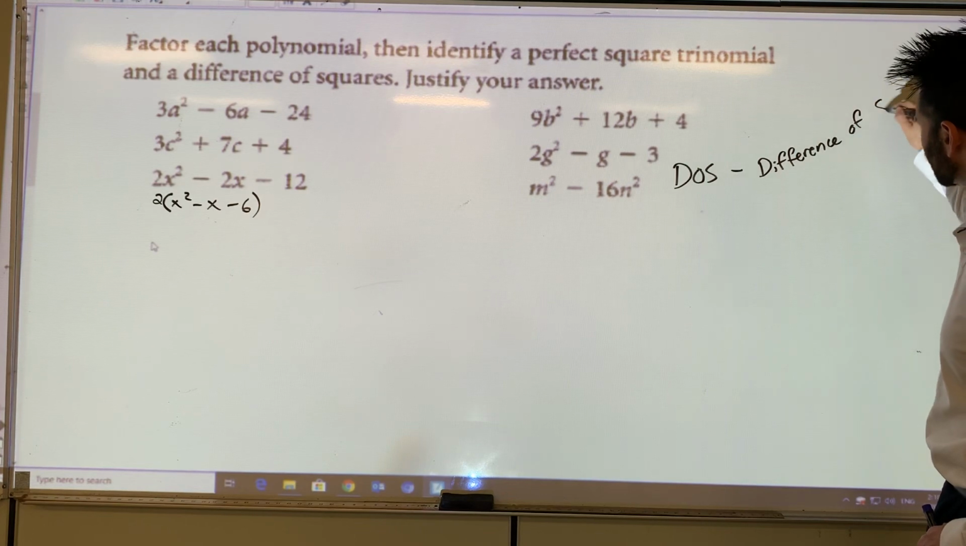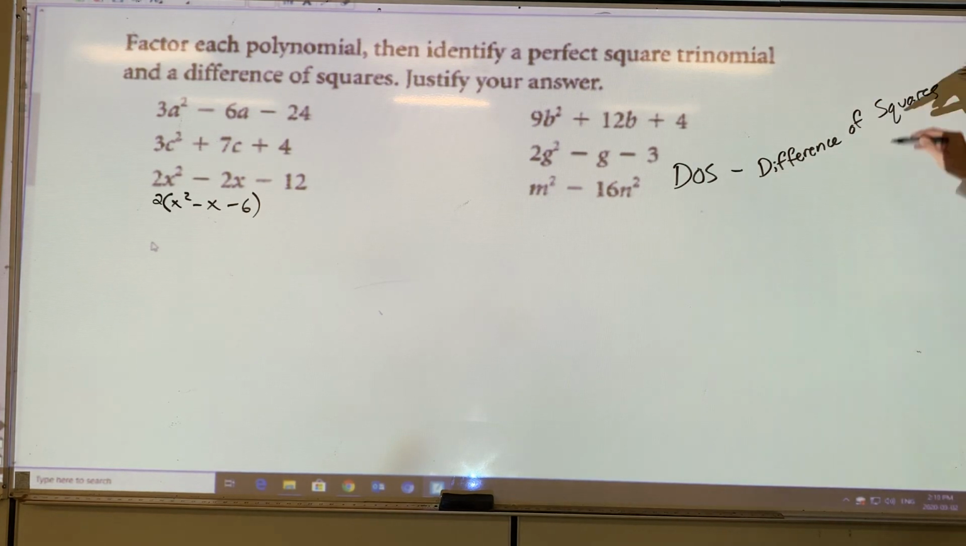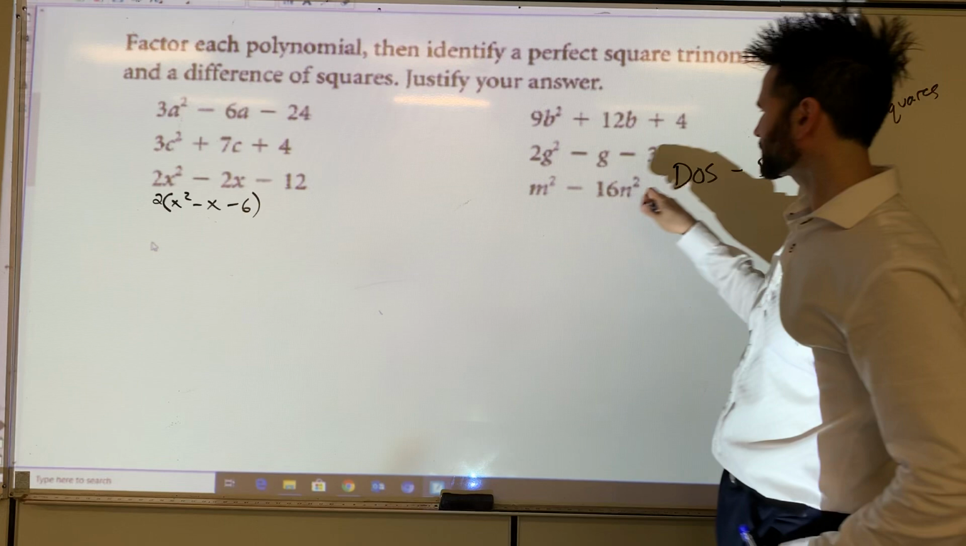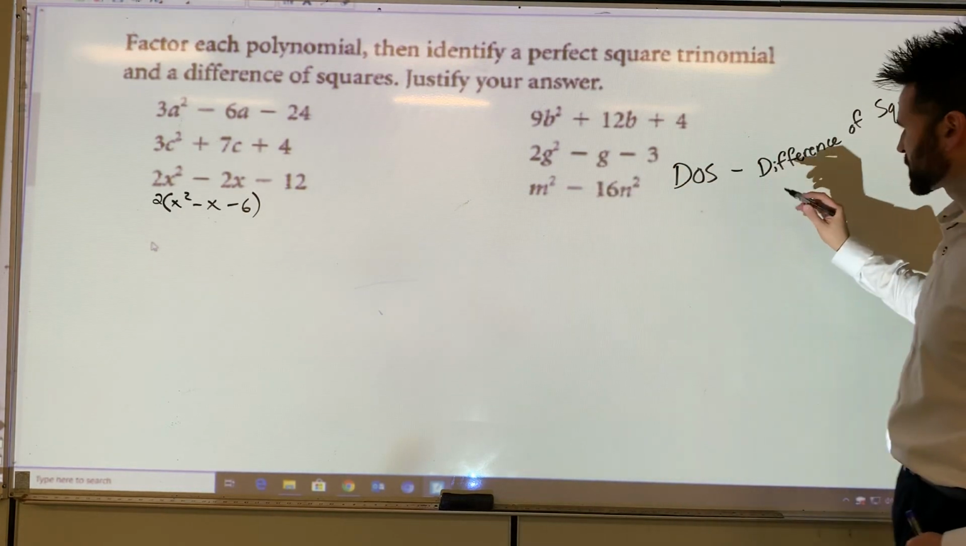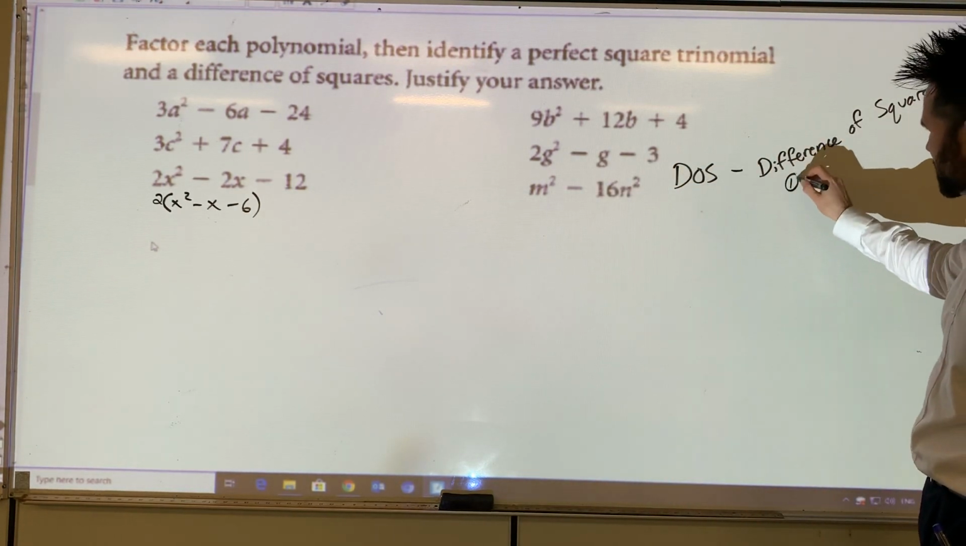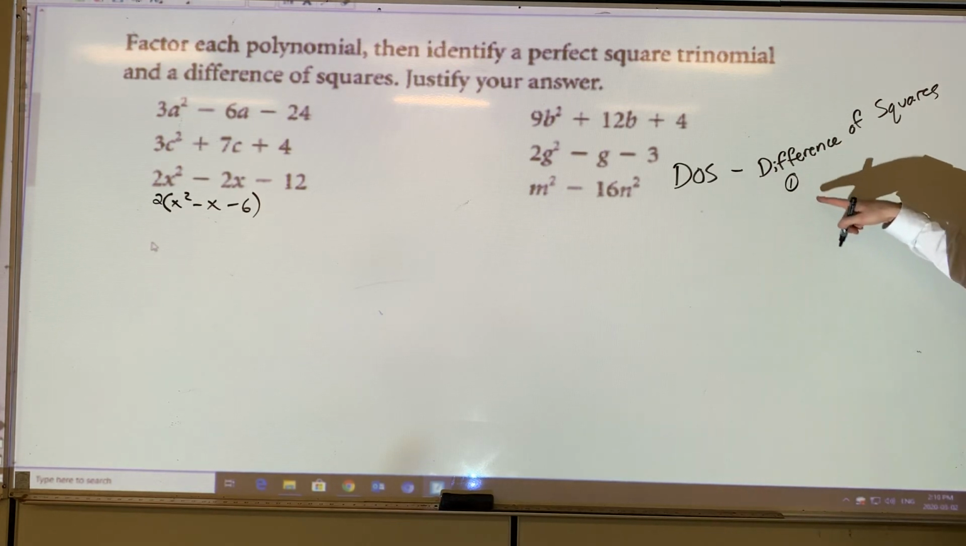Difference of squares. Another thing you need to remember from grade 10. For difference of squares, there are 3 things you need to check. It's like a little flow chart: if the first one's true, you go on to the second. So the first one is